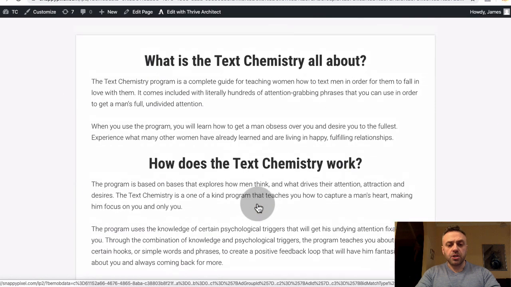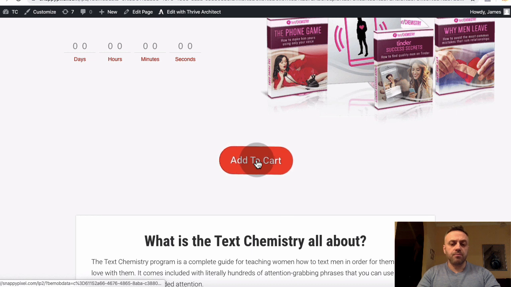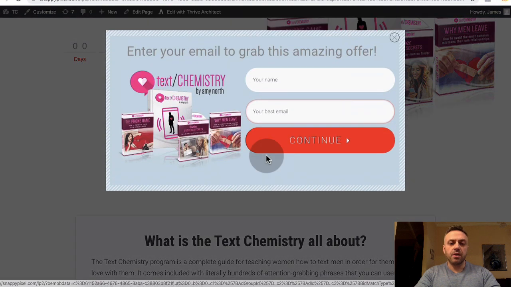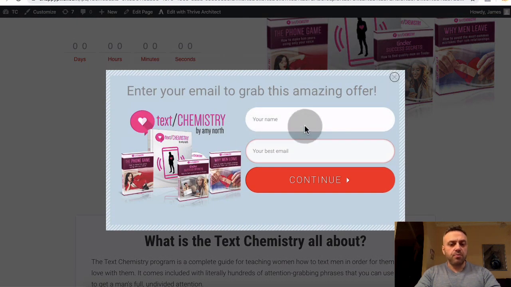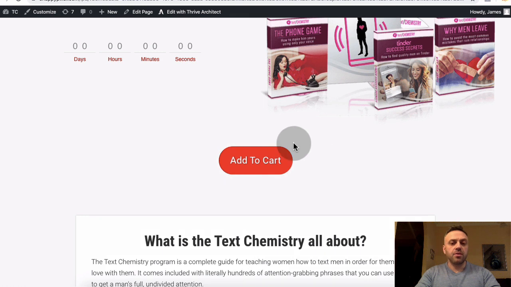I also have a regular landing page without an email opt-in. So when they click on the button in the other landing page, they're not presented with this. They're redirected directly to the offer. The reason I created 2 landing pages is to test and see which landing page